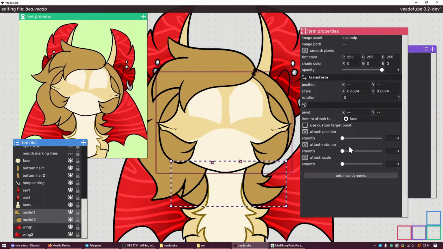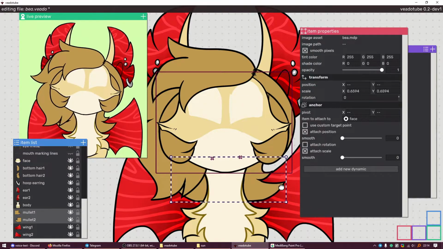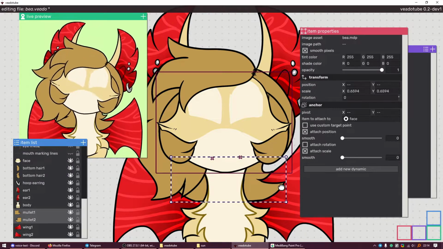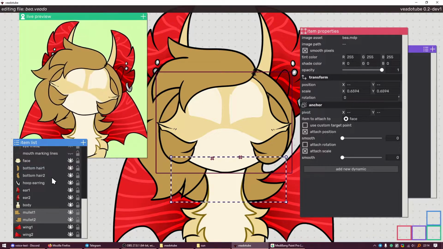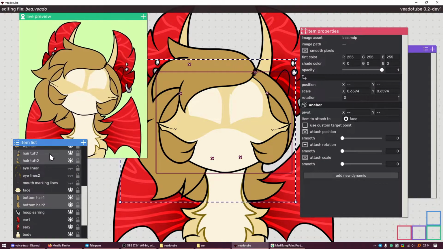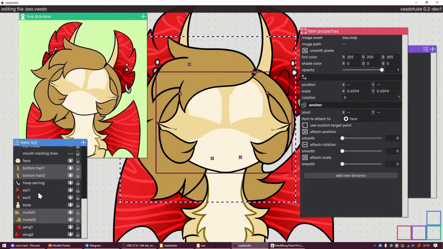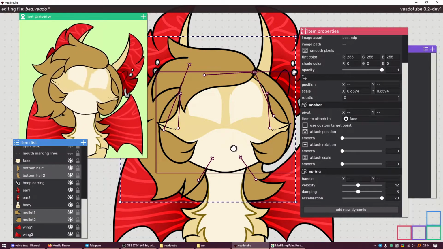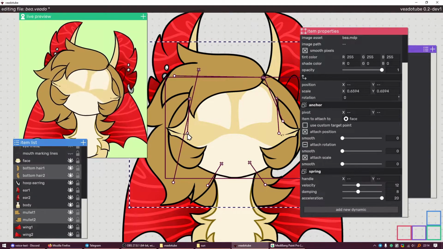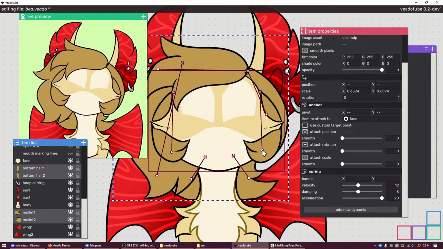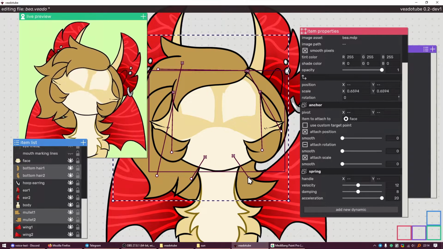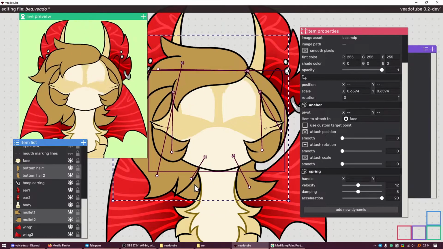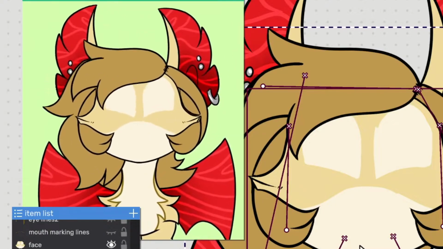Also, I'm gonna turn off the rotation for this guy. I'm gonna move the mullet a little bit up just to make sure. And okay, for all the hair, I am going to add a spring thingy so that the hair can wiggle. Really? Wiggle. Yeah. I'm gonna adjust the spring handles here like this. Well, this is good.